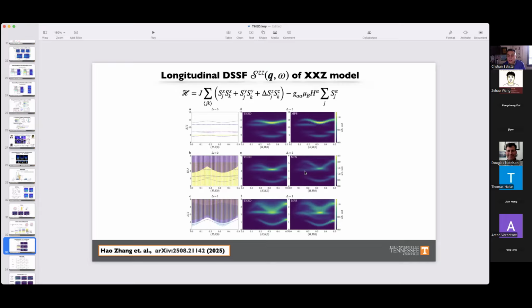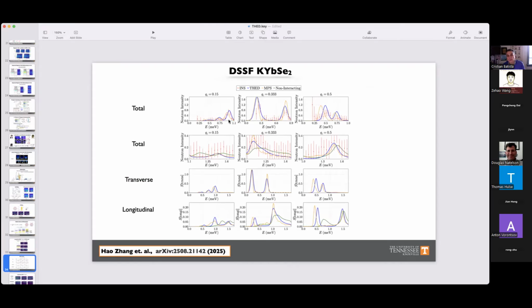The agreement is still quite good for delta equals 2. There are some small differences, but I don't want to spend a lot of time on them. You can see all the explanation of the discrepancies in the supplementary material of this paper. They are either because of size effects that you have for cylinders, or because we are truncating and we don't have 4-magnon states, 3-magnon states. But what is remarkable is that the agreement is actually quite good, and it's still very good if we make